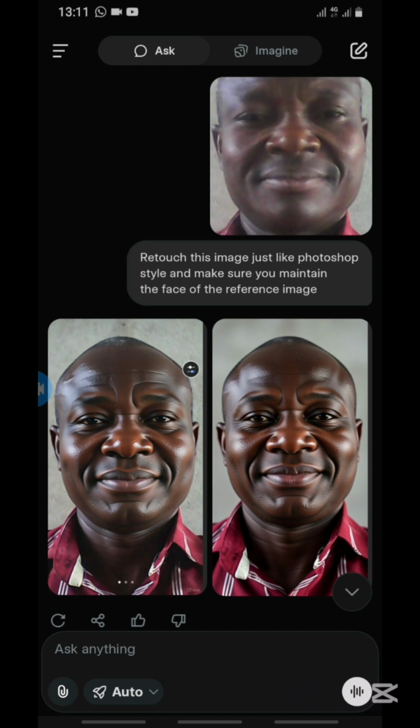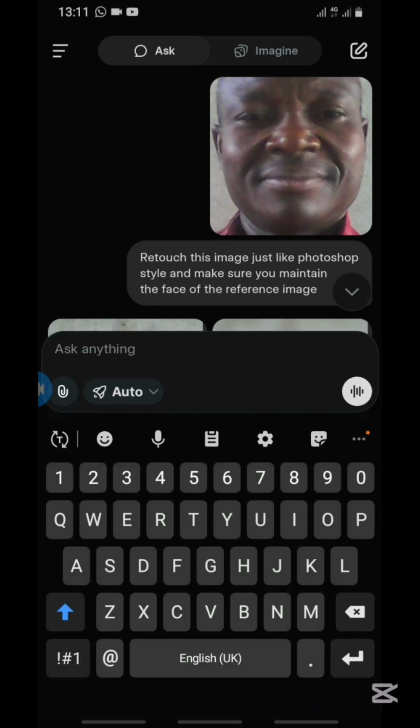Now I do not really completely like this, so what I'm going to do next is to reprompt it to give me a better image. As you can see from the image we have, this is quite good, but it looks like a doll baby or something like that. So we can tell it to be more realistic. So the one on the left is still manageable, as you can see, but we'll tell it to